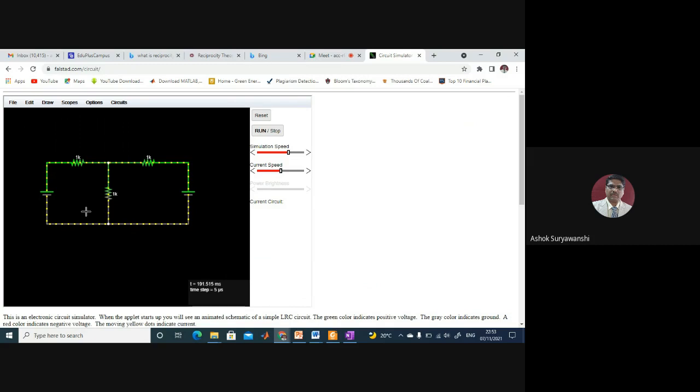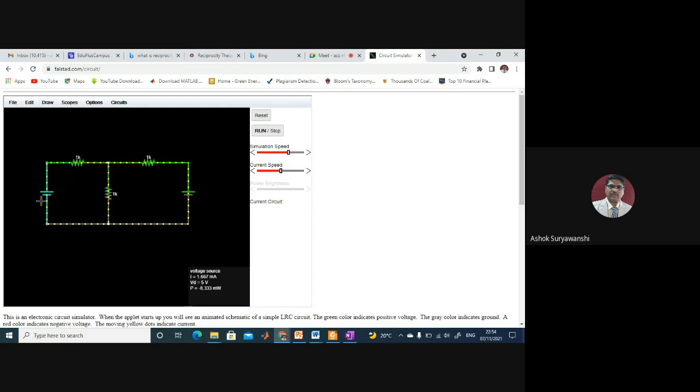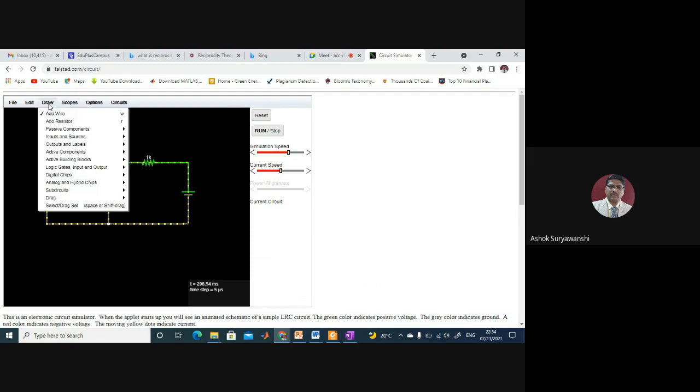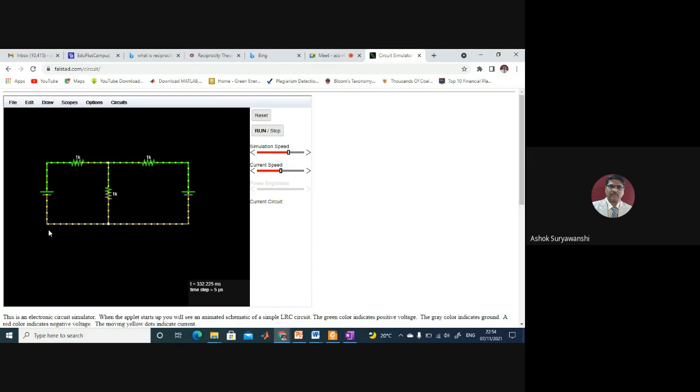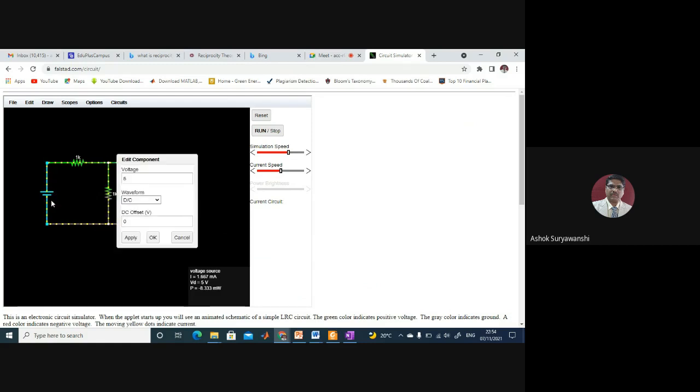Now next point is, elements are taken from this draw, that is the library. Now we have to set the values of these elements. So I do not want this element cursor. What I can do, I can go to the draw and then go to the select. So I'll get this arrow. Click on this, take this arrow on this battery, left side battery, right click and then edit. So we'll click edit, it will show the edit component.